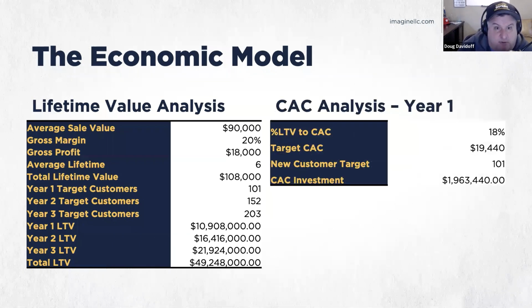Then you can do a customer and cost analysis. So you're going to target your lifetime value to cost of acquisition at 18%, which means you're willing to spend just under $20,000. Or you could do it in reverse: I'm willing to spend $20,000, which equates to 18% of lifetime value. And that means to legitimately expect to generate 101 new customers at 18%, I'm going to need to spend almost $2 million. Right now, that $2 million should produce an asset worth almost $11 million. So, it's not a bad